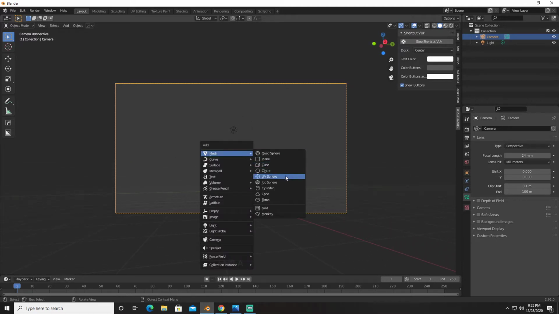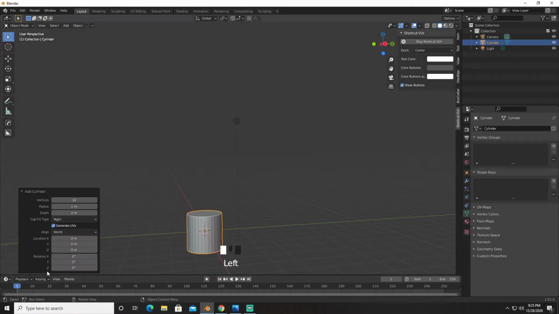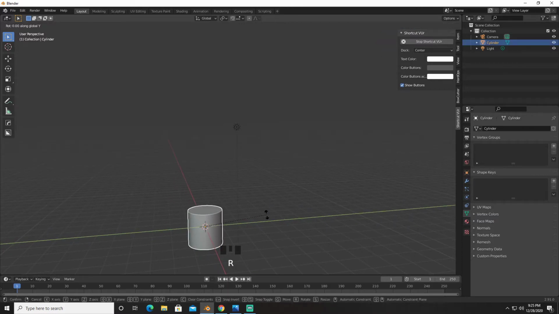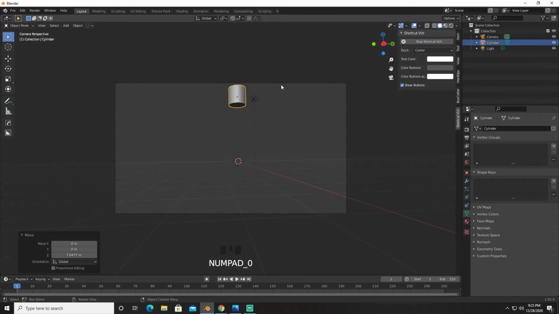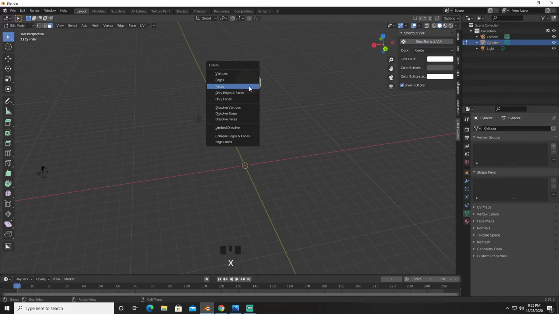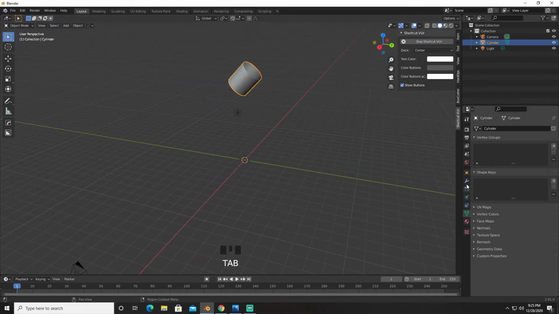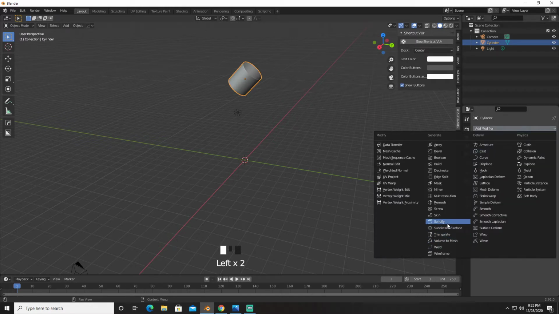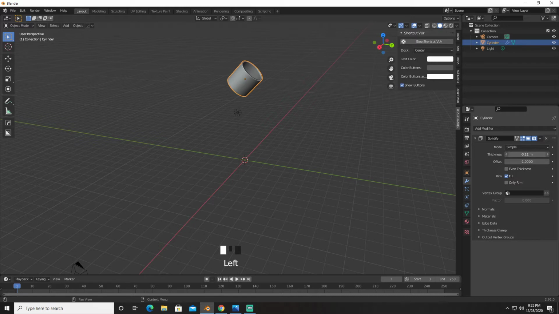We're gonna go Shift A and create a cylinder, and we're gonna give it 200 vertices, and we are going to rotate it along the x-axis, or maybe not. Let's just bring it all the way up, rotate it to right about here, go into face select, delete these faces, and we're gonna apply a solidify, bring it backwards to right about there, apply,